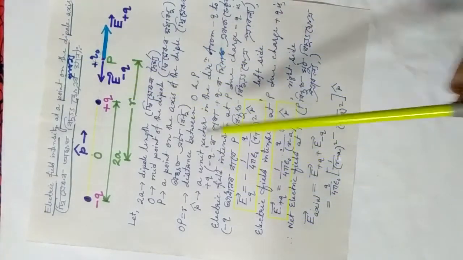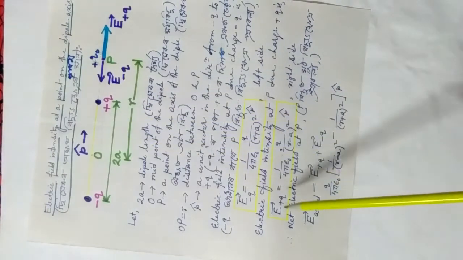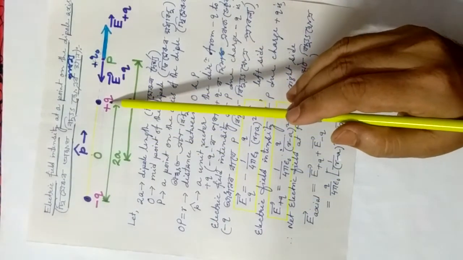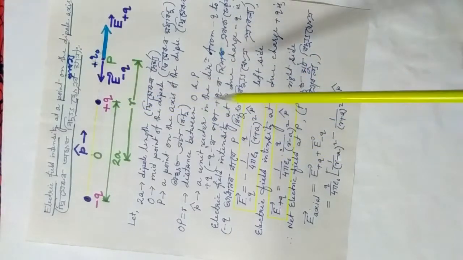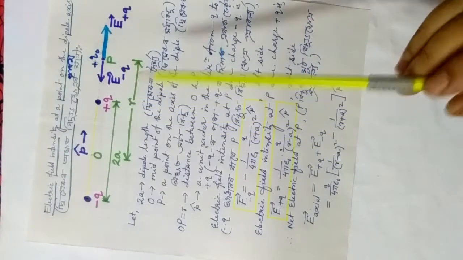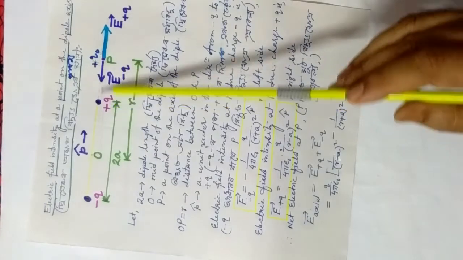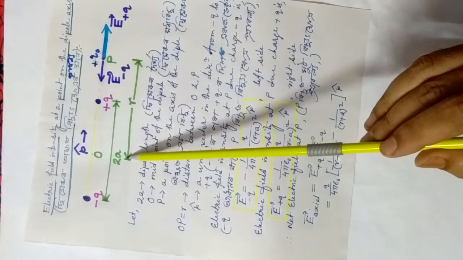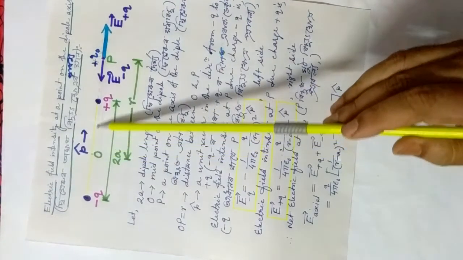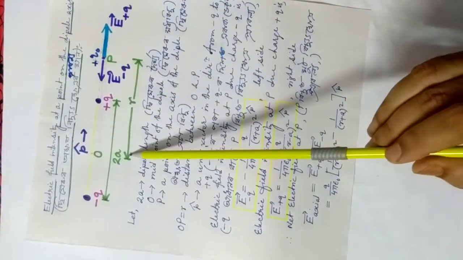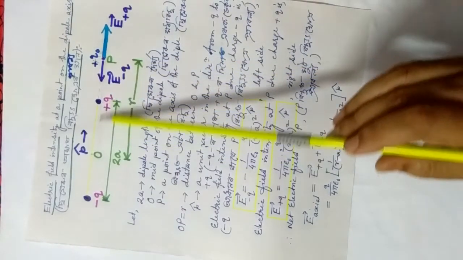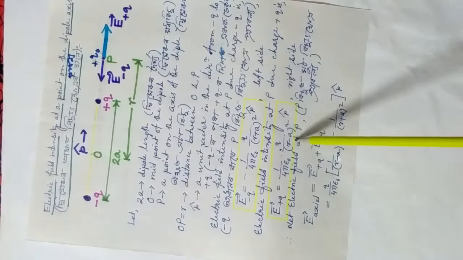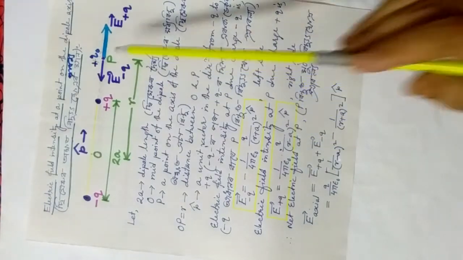Similarly, the electric field intensity due to plus q is what? E vector plus q is 1 by 4 pi epsilon naught q by, since this is a positive charge there is no negative sign, divided by r square, but not r square. This is the distance between plus q and P. All distances are measured from the center of the dipole. That is why this distance is a, and this is r. So this distance is r minus a. That is why r minus a whole square and p cap towards right.